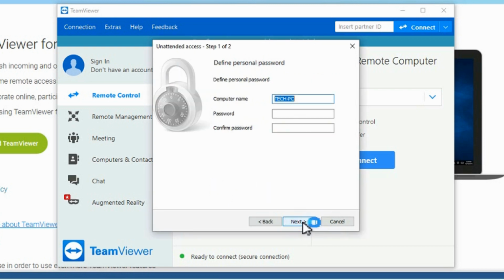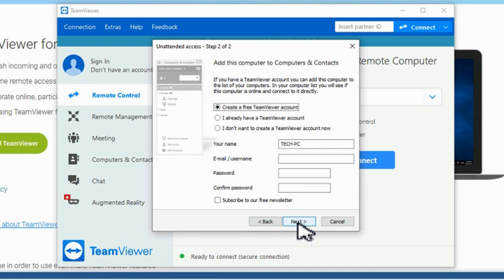So we're going to hit next, and it's got the name of the computer. We're going to want to put in a password here, and then we can hit next.